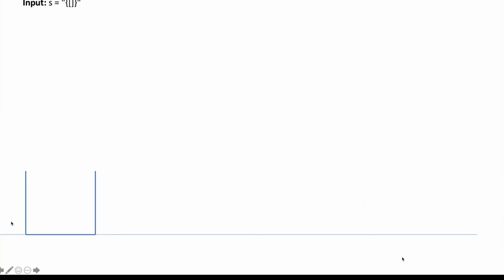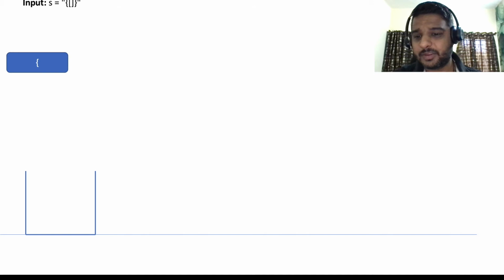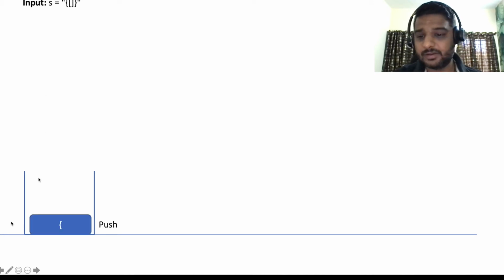So let's try to understand this with one example in a visual way. This is the input string: curly braces open, square bracket open, square bracket close, and the curly braces close. So how can we solve this problem? First we get the curly brace. Since it's an opening bracket, we can take one stack and push it to this stack.